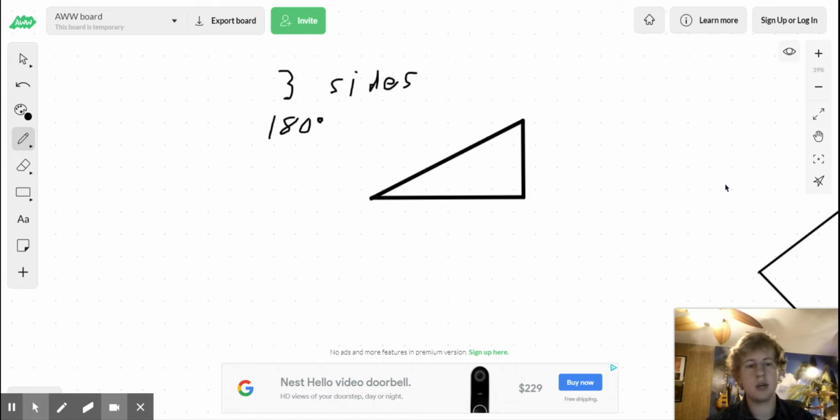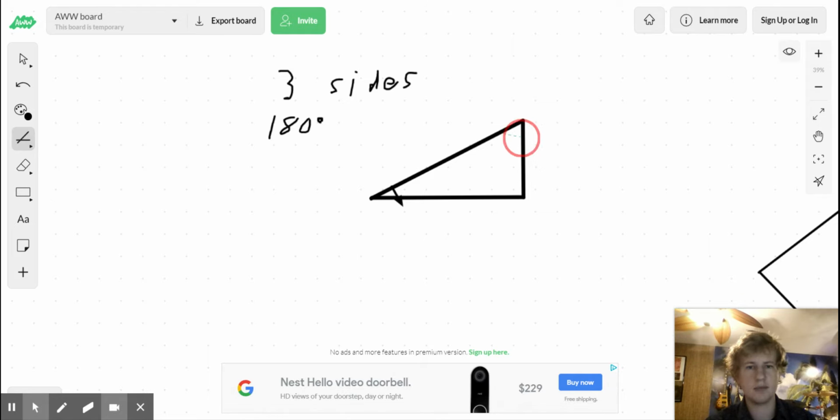Alright, so today we're starting a unit on geometry. So first we're going to go over a bit of the properties of what some of the shapes are. So we know triangles are going to be a big part of our unit. So triangles, we know that they have three sides and that their inside angles,